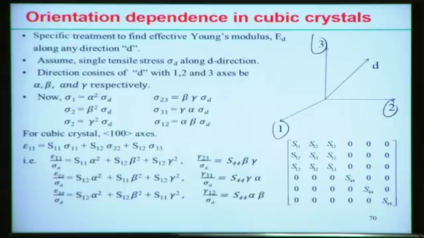So with this configuration, first assume a single tensile stress sigma D acting along the direction D. If we know the strain along this direction D, then that ratio represents E, the Young's modulus in one specific direction D. So to do that, with this specific configuration,